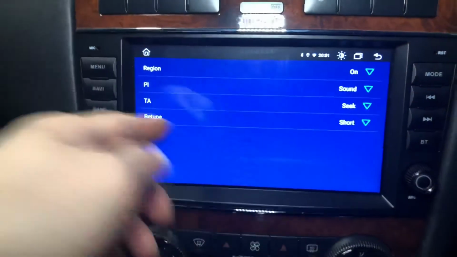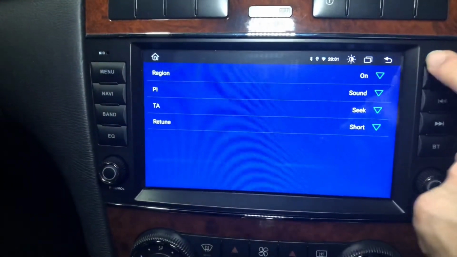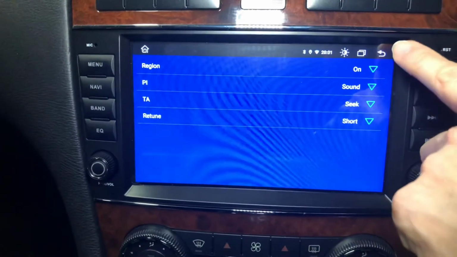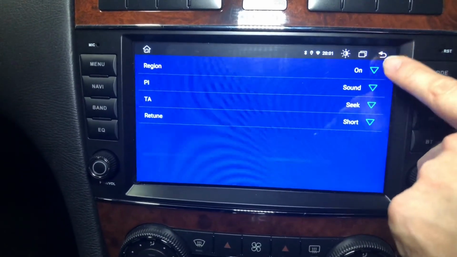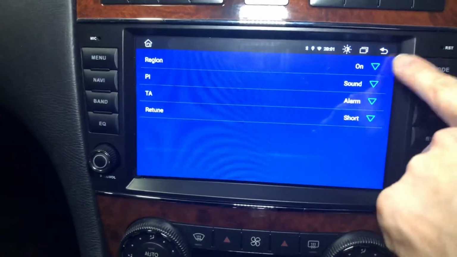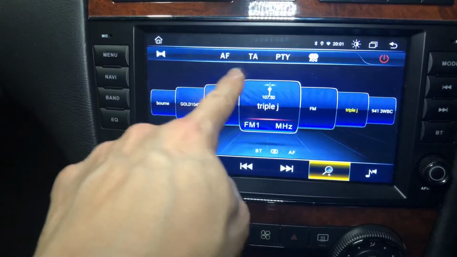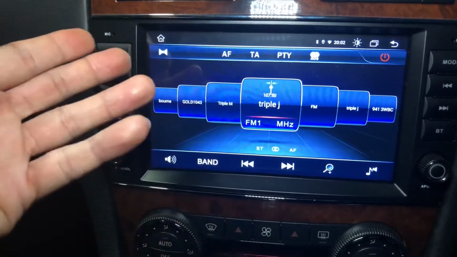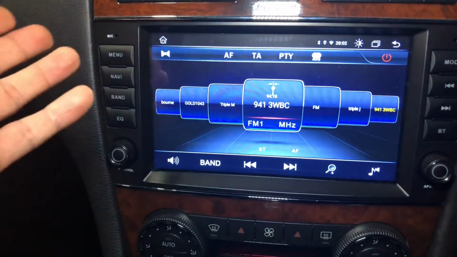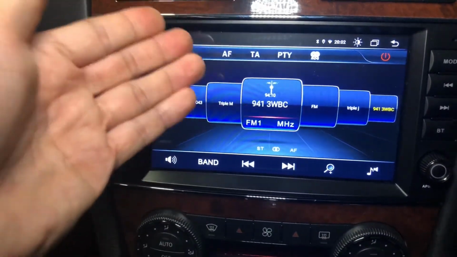RDS button is just a bunch of settings. I just keep them as default. I'm not really sure what they do. Apart from TA, I think if you choose alarm, if you choose the TA button here, it won't seek for radio stations that are currently broadcasting traffic alerts. It'll just